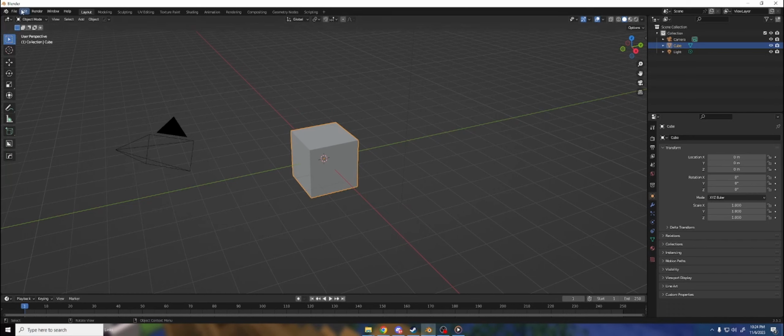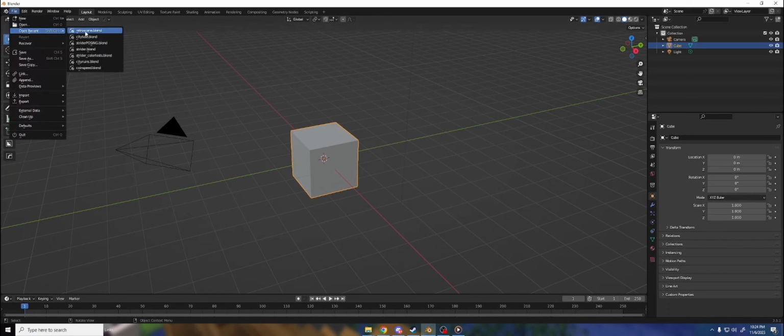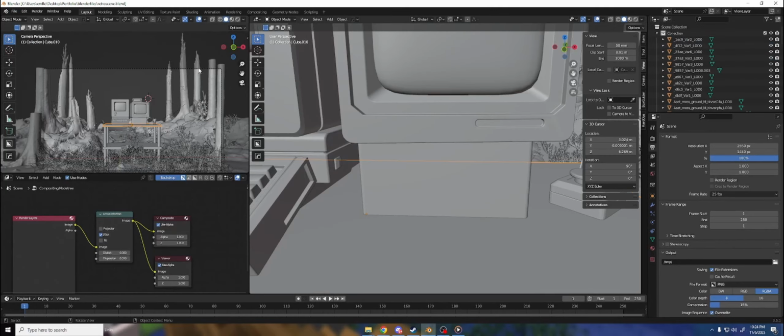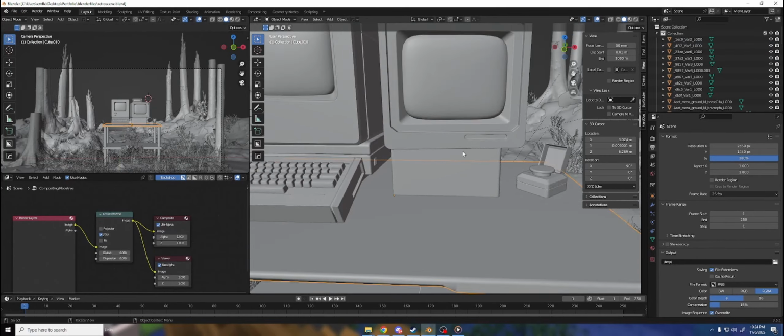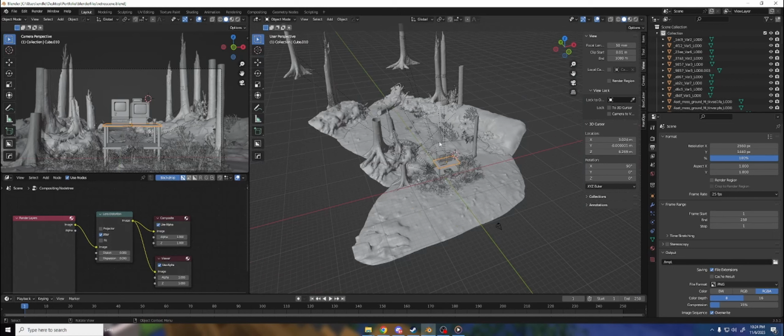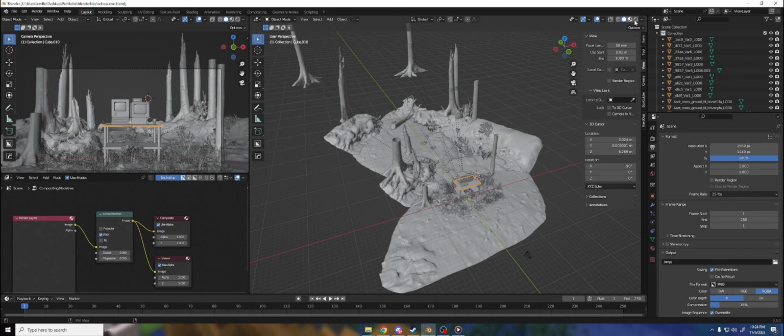Second thing, we're going to open a file so I can show you guys. This is going to be using low poly assets and low res. So in this scene, for example, we have